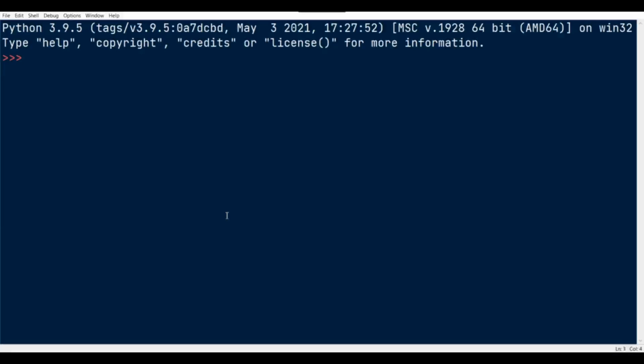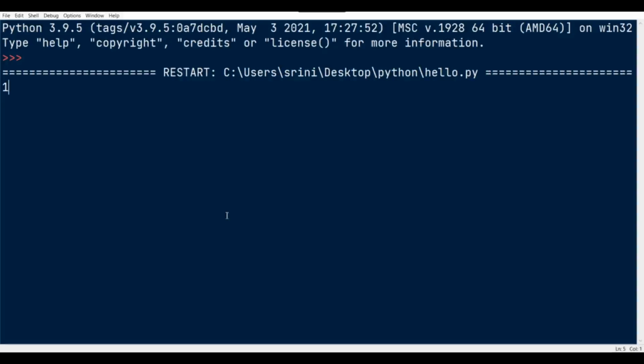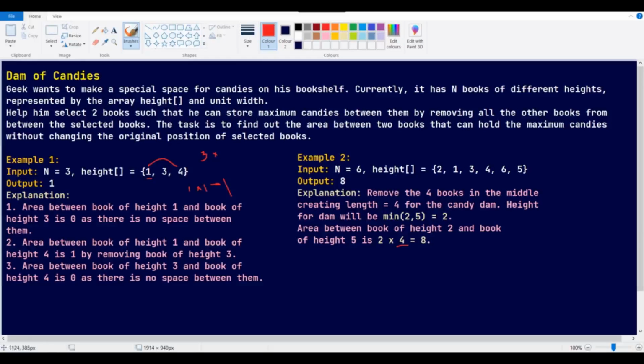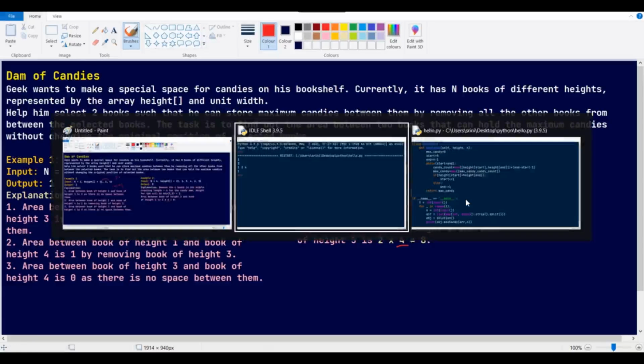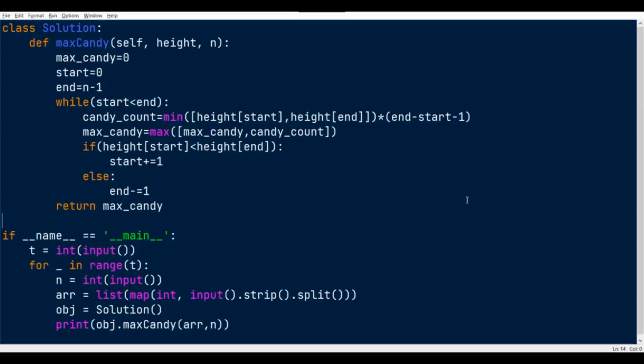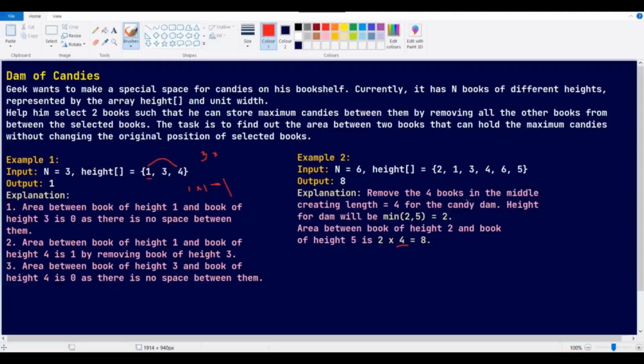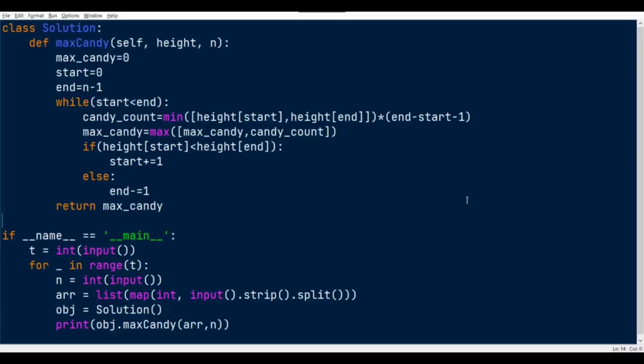So let me save and run this. I'm using one test case, and that is 3 books which are 1, 3 and 4. We are getting 1 as output. And for this case, I'm using 6 books and the respective heights. So if I go for these values, one test case, 8 values, sorry, 6 values I guess. 6 values.